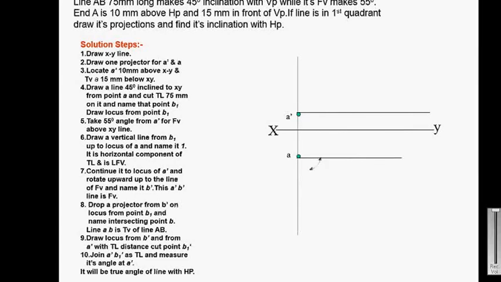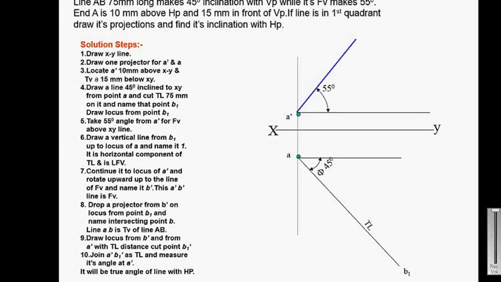Then draw two lines parallel to the XY line. Then phi is 45 degrees. Then from A, with the true length, draw another line. So this phi is called the true inclination with VP, and this length is the true length. So you will get point B1. Then from A dash take an angle of 55 degrees, and draw another line. So this is the apparent inclination alpha.